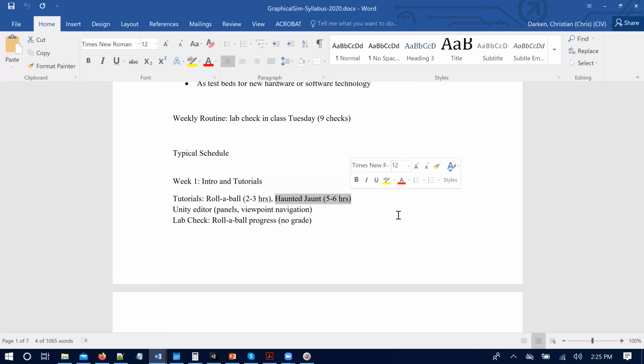But where the web-based text and still-image tutorials really shine is later on. As an example, one of the topics I usually don't have time to go into is animated characters. That's really not my thing. But they do a lot with animated characters in Haunted Jaunt.